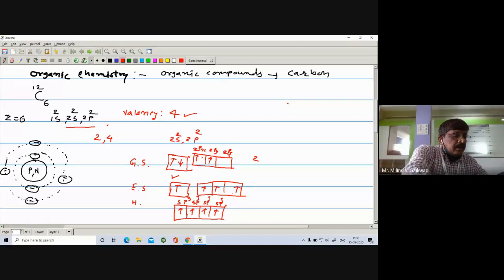In this way, you are getting 4 sp3 orbitals, and these 4 sp3 orbitals